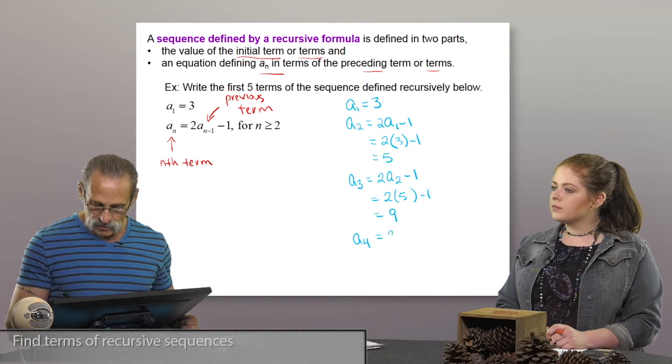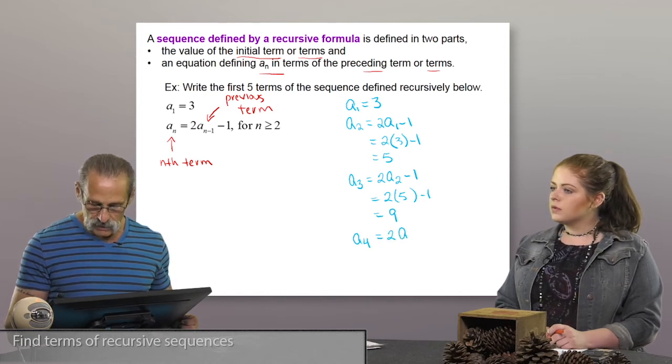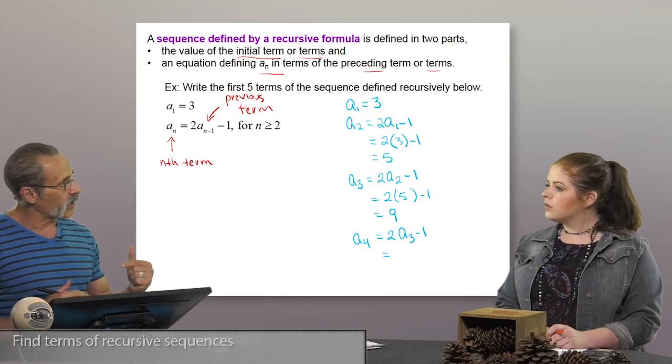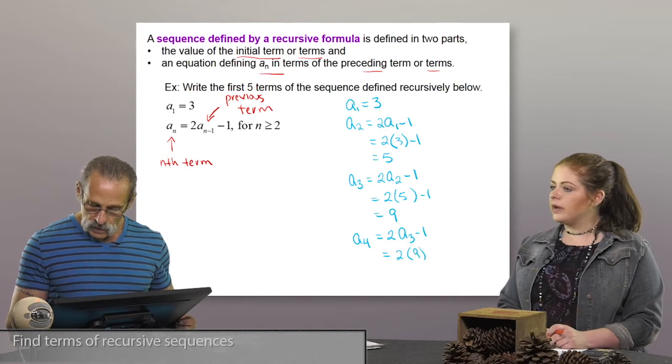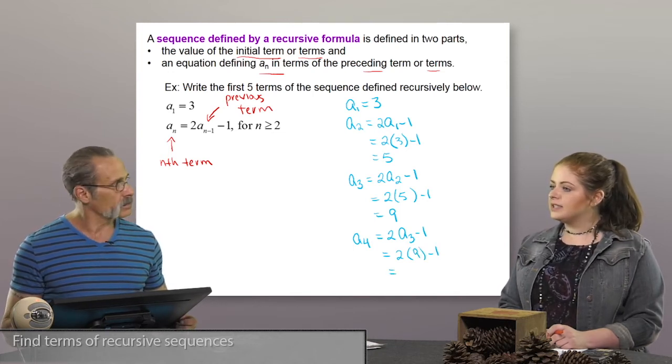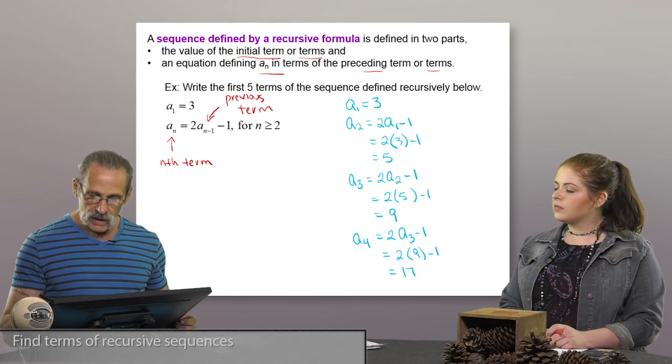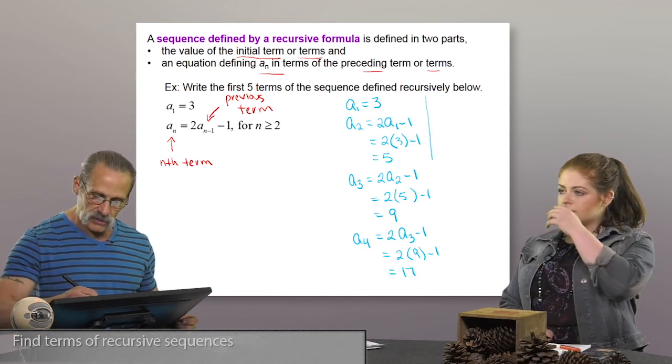I'm up to the 4th term. I'll take 2 times the preceding term. That'd be A sub 3. Minus 1. Then I'll substitute in A sub 3, which we just found to be 9. So I have 2 times 9 minus 1. And what is that? That's 17. Beautiful. And finally, we get up to the very last term, and the very last term is the